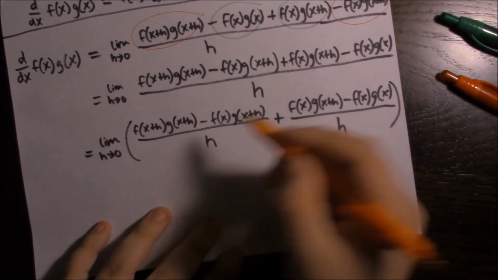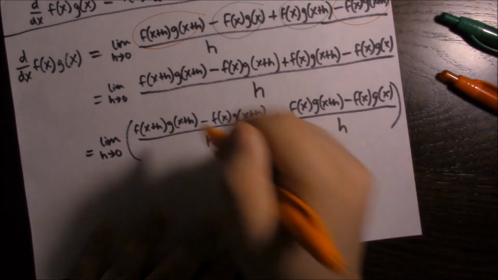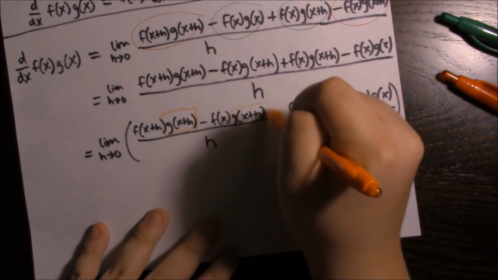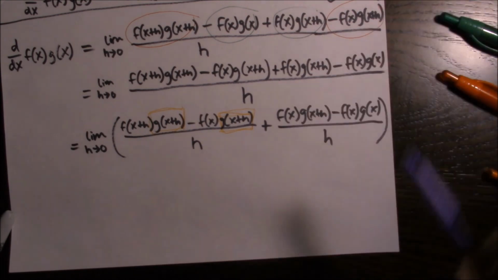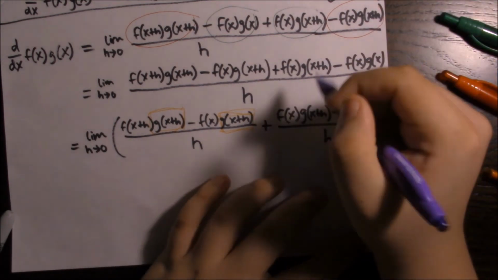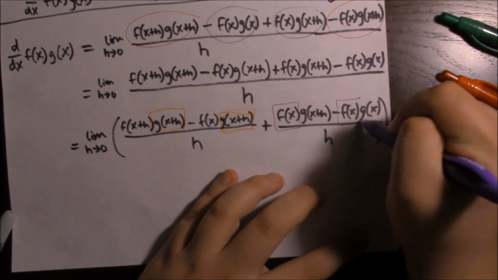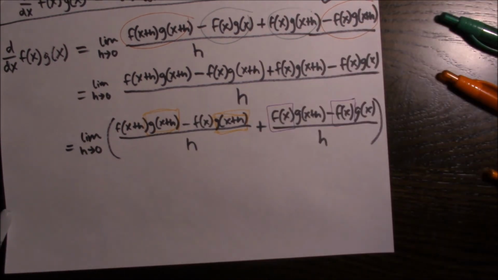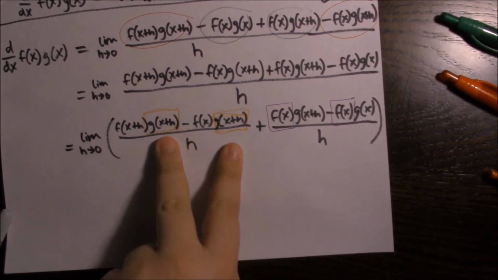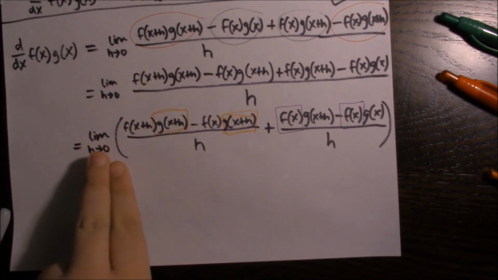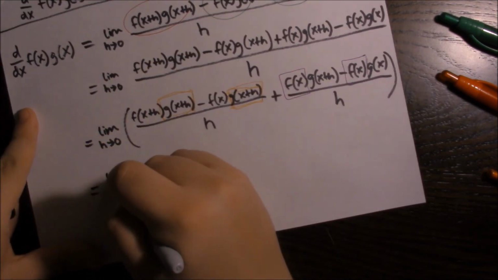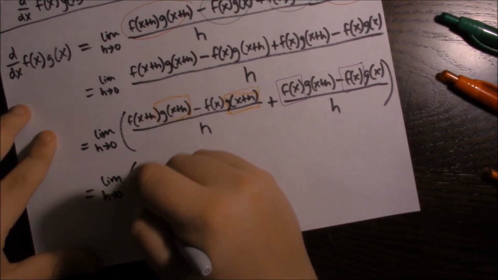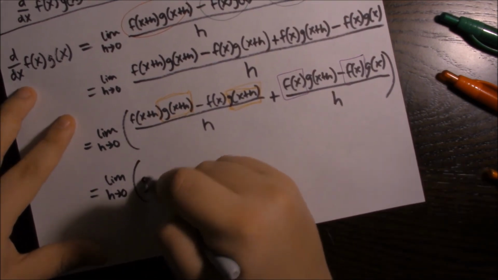So over here, both of these terms have a g of x plus h in them. You can see here in orange. And then on this side, both of these terms have an f of x, and that shows up in purple. And so that means that I can take these out of the fraction and move them to the front. So now I have the limit as h approaches 0 of